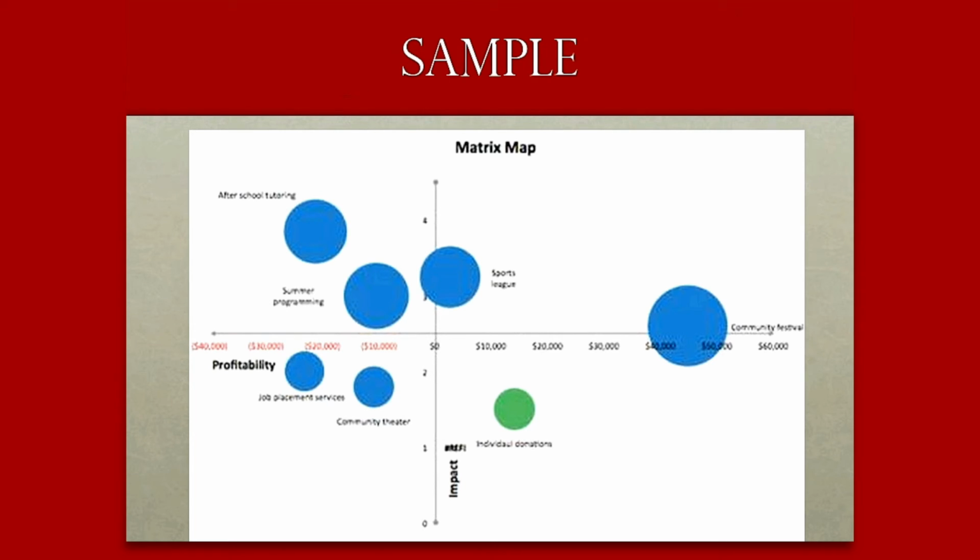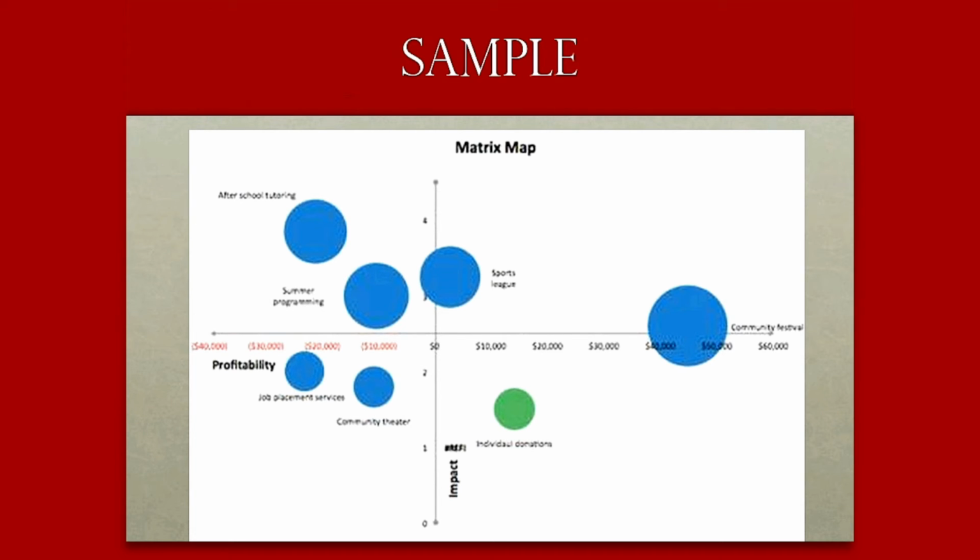Its primary source of revenue, in green, is individual donations. It does not do a lot of institutional fundraising, and it does not have a traditional gala or fundraising event. So what we see is that individual donations in and of themselves don't have much mission impact, but they provide significant revenue. What we also see is that the after-school tutoring and the summer programming are at the core